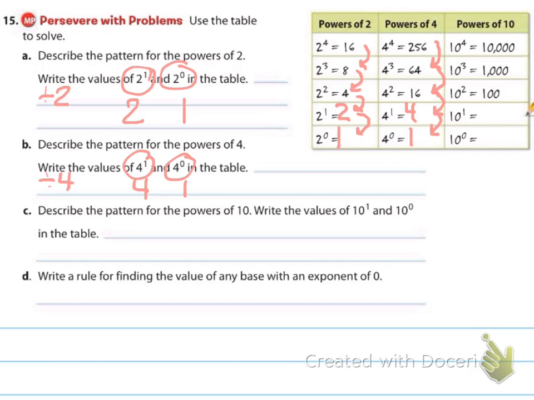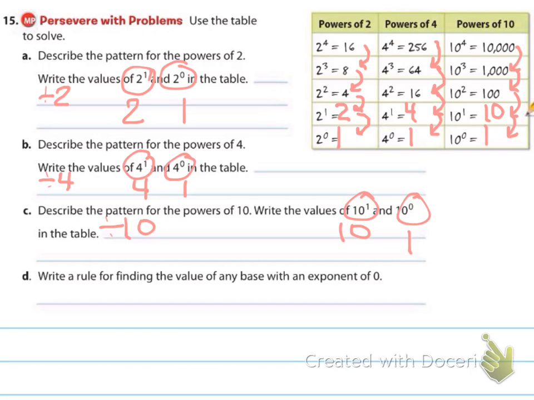Now describe the pattern for the powers of 10. Write the powers of 10 to the first power and 10 to the 0 power in the table. So we start with 10,000. We divide by 10 and we get 1,000. We divide by 10 again and we get 100. We divide by 10 again and we get 10. We divide by 10 again and we get 1. So we're dividing by 10, and 10 to the first power is 10, and